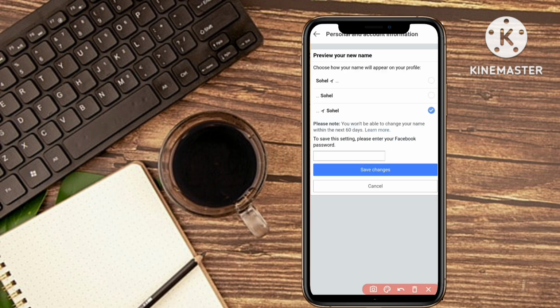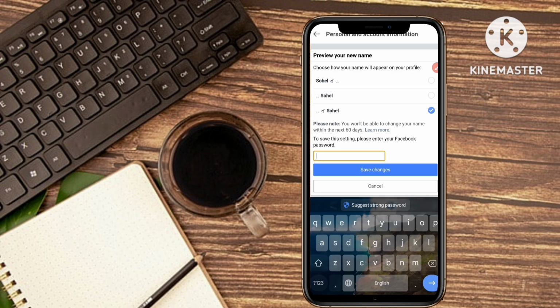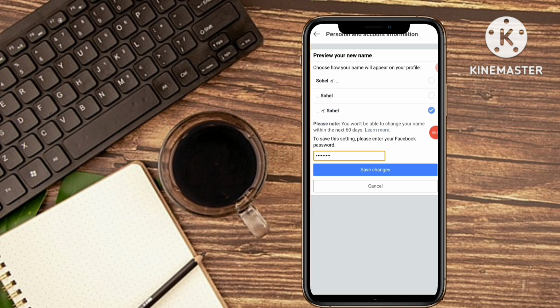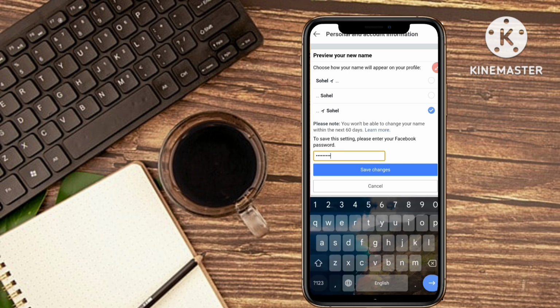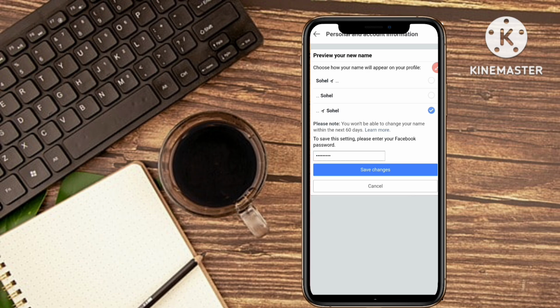So guys, now this interface will become, and here you have to select this third number. Okay, you can see this third number. Here are 1 2 3. So simply select this third number name, and here you have to enter your Facebook account password. So this account password I type here. Just wait here, I type. So after you enter your password here, simply click on this save changes. So I click on this save changes,